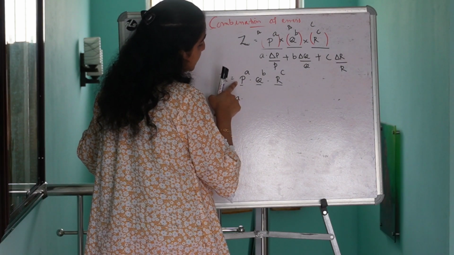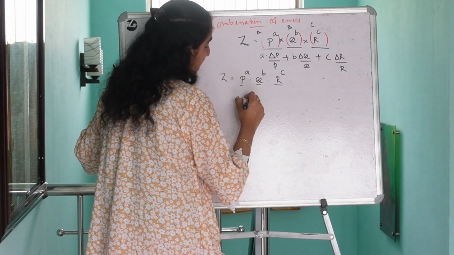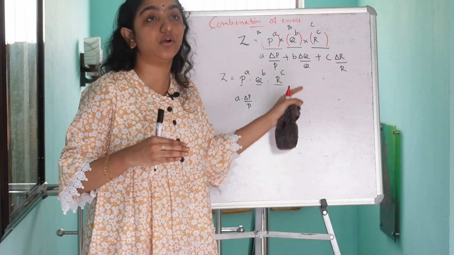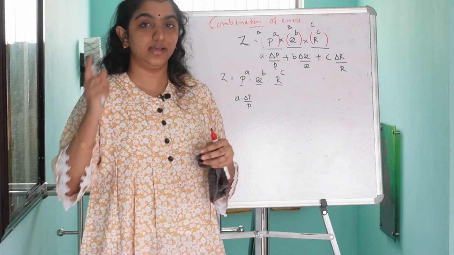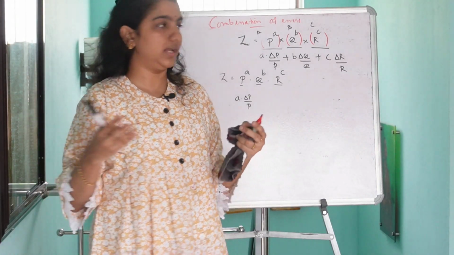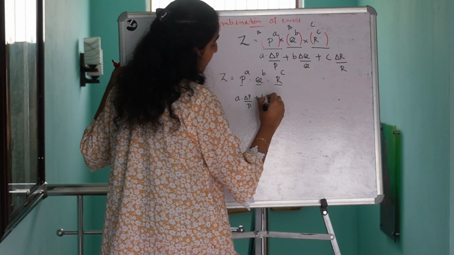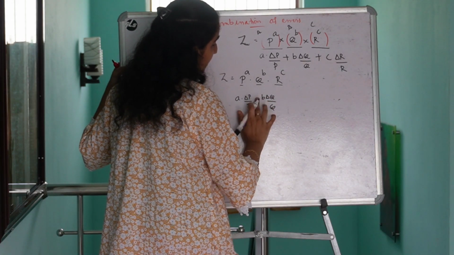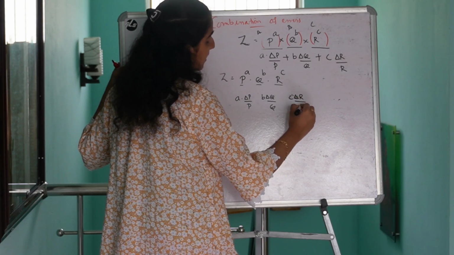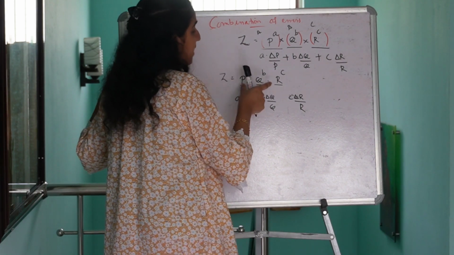So what is the relative error in p power a? p power a is equal to a into del p by p, isn't it? Just now we learned how errors get combined when there are power values. Yes. So del p by p plus again b into del q by q, again c del r by r. Again here we are multiplying these three terms. So